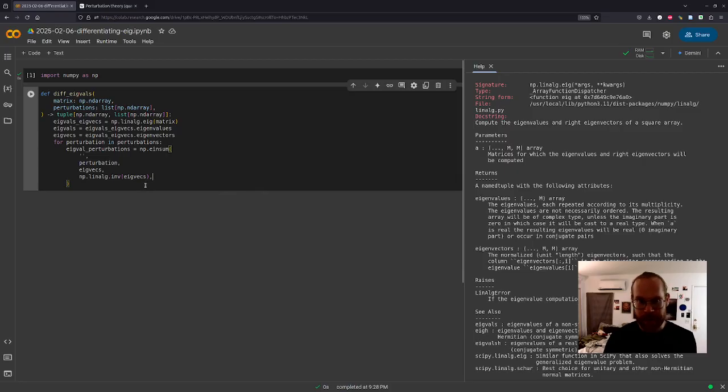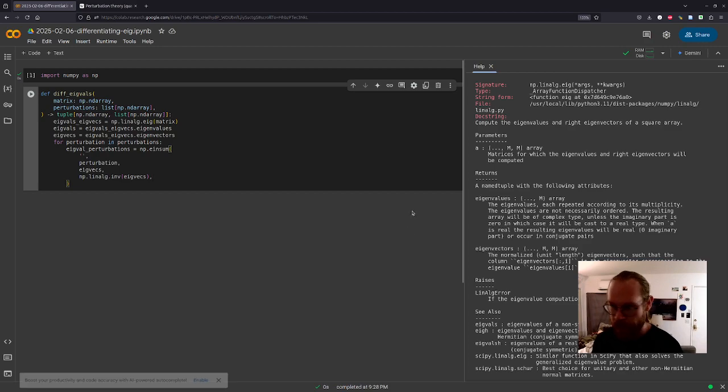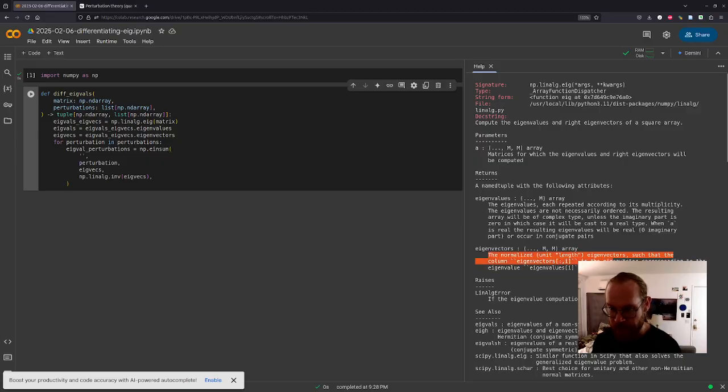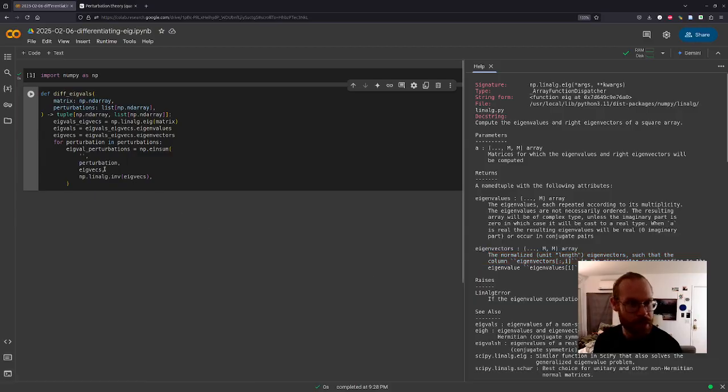Okay, now I also need to remember what the shape of the eigenvectors are, and I think these are all supposed to be column vectors. The normalized eigenvectors such that the column is the eigenvector. Yeah, okay.